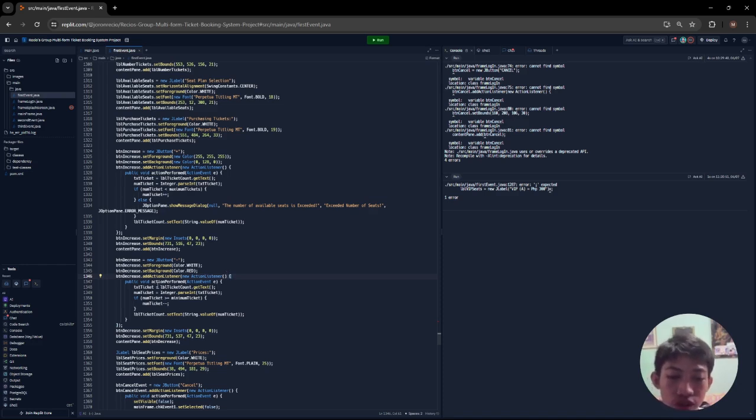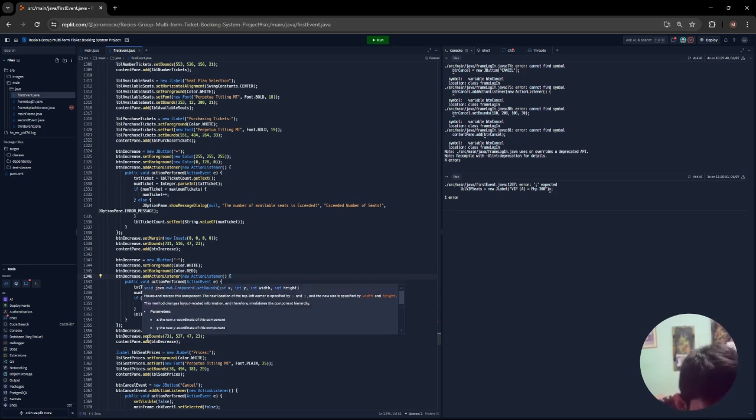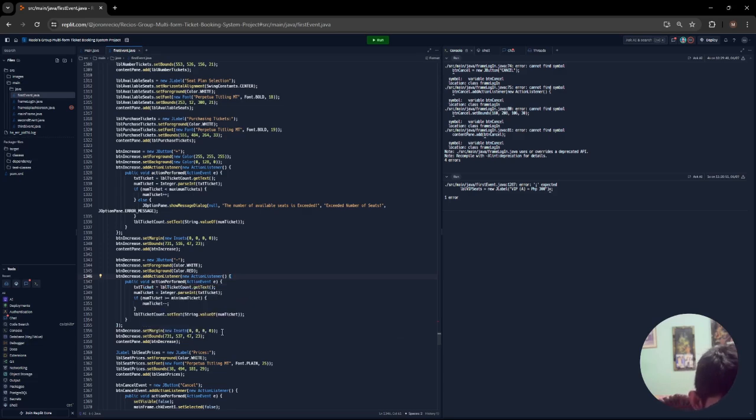Here it retrieves the current ticket count from the label ticket count, decrements the ticket count if it is above or equal to the minimum ticket, and updates the label ticket count with the new ticket count. In line 1357, it sets margins and positions, and lastly adds the button to the content pane.